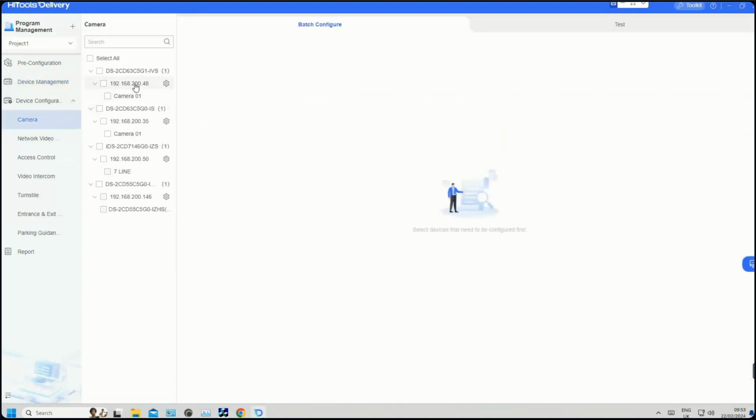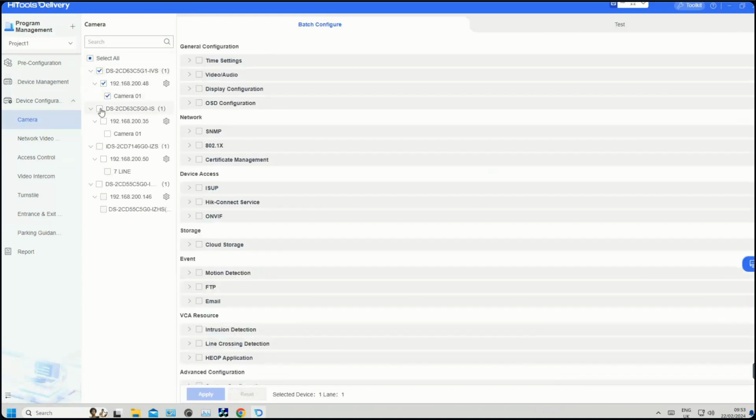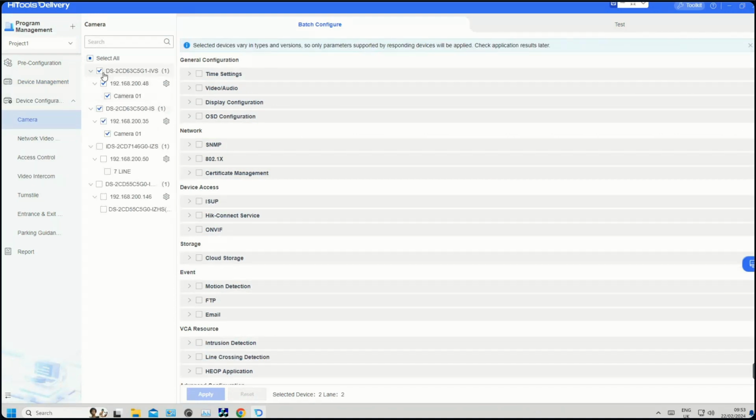If I click on camera, it will first display all those cameras that have been added into the HiTools. So here you can select the camera you want to do batch configuration. So for example, here I selected the first 2 cameras, and it will automatically display those parameters that can be batch configured,